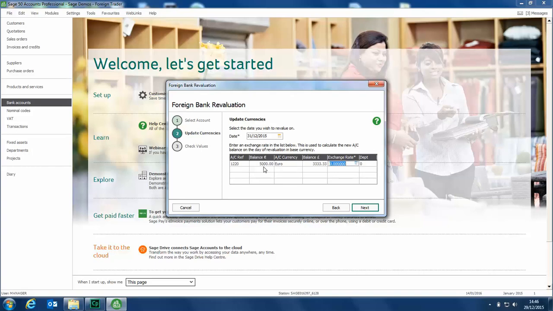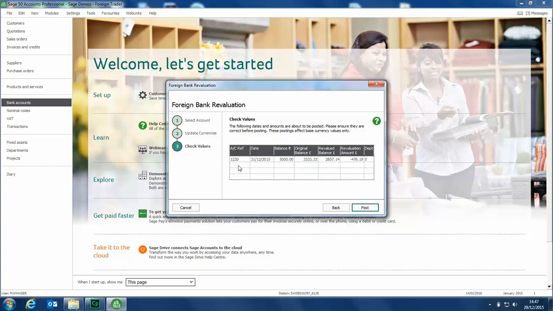We haven't entered any transactions beyond that date, which is why it agrees with that bank accounts window. We've then got the account currency, which is euros, the base currency equivalent value, so the £3,333.33, and we then enter the exchange rate that we want to use for the revaluation. So I'm just going to enter 1.75. Can also enter a department for the revaluation if I want to. I then click next,